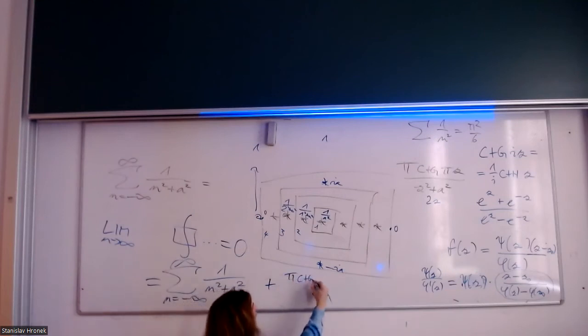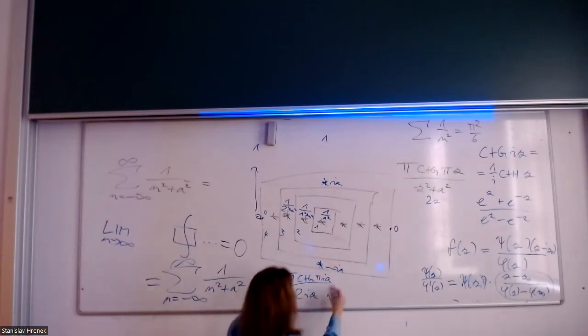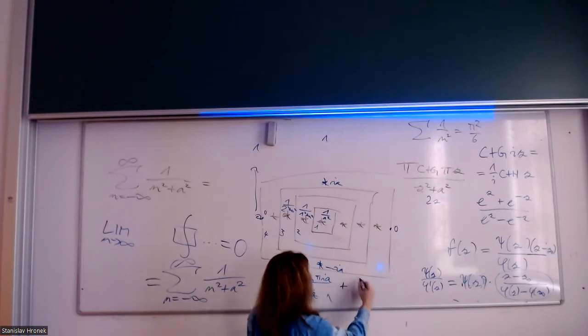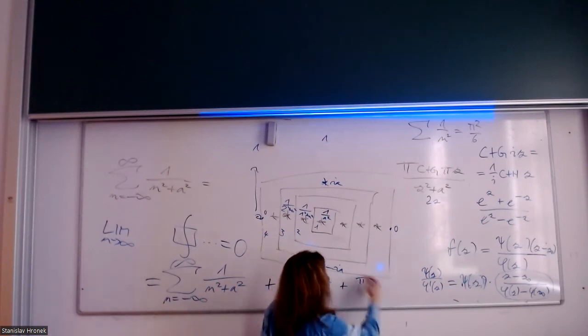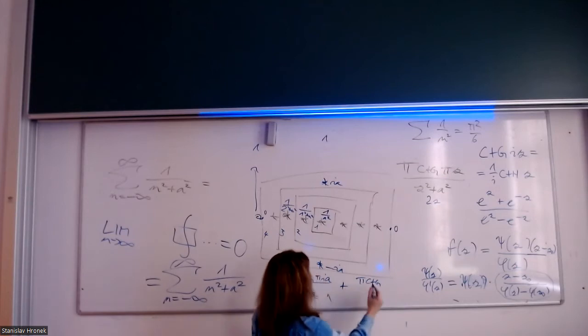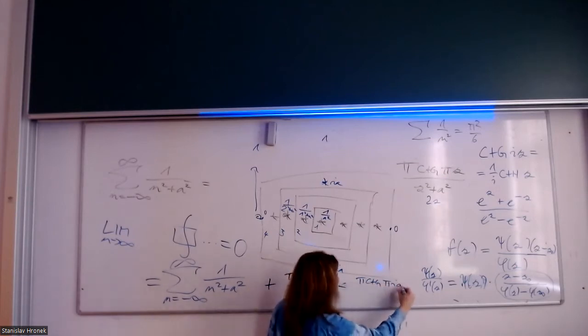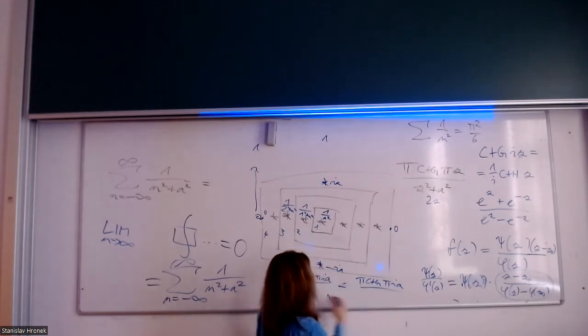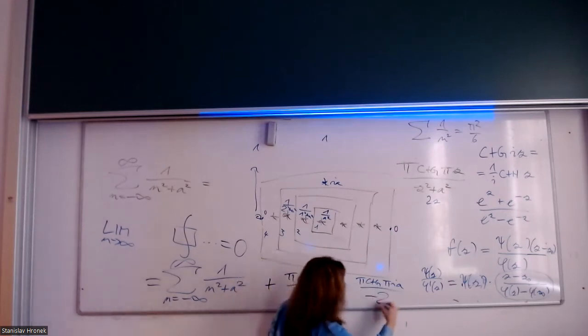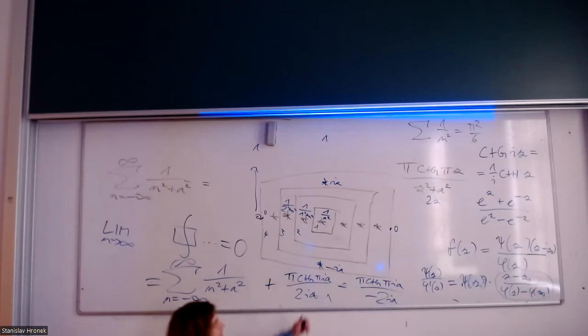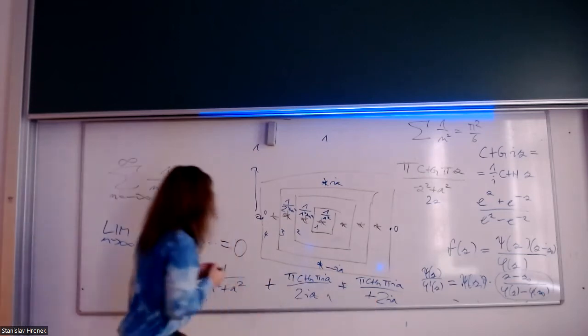phi cotangent phi IA over 2z, and plug in the IA. Then I'm going to get phi cotangent minus phi IA, and I'm going to put the minus in front. And here I will have twice the minus IA. So as you can see, there are 2 minuses, they will cancel, and